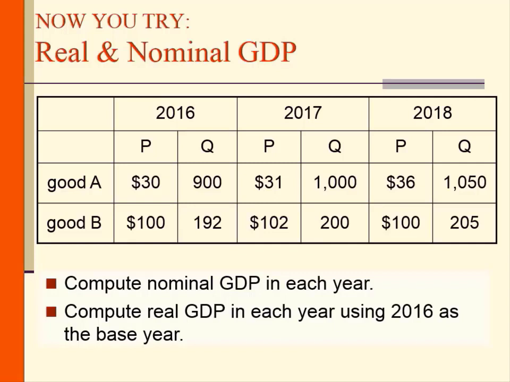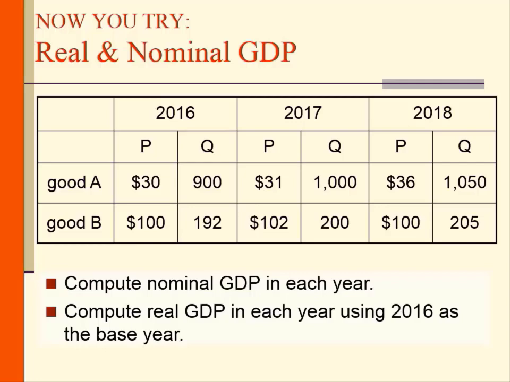Finally, for 2018, the nominal GDP would be equal to 36 times 1050 plus 100 times 205, which is equal to 58,300, while real GDP should equal the base year prices times 2018 quantities, so $30 times 1050 plus 100 times 205, which will give you